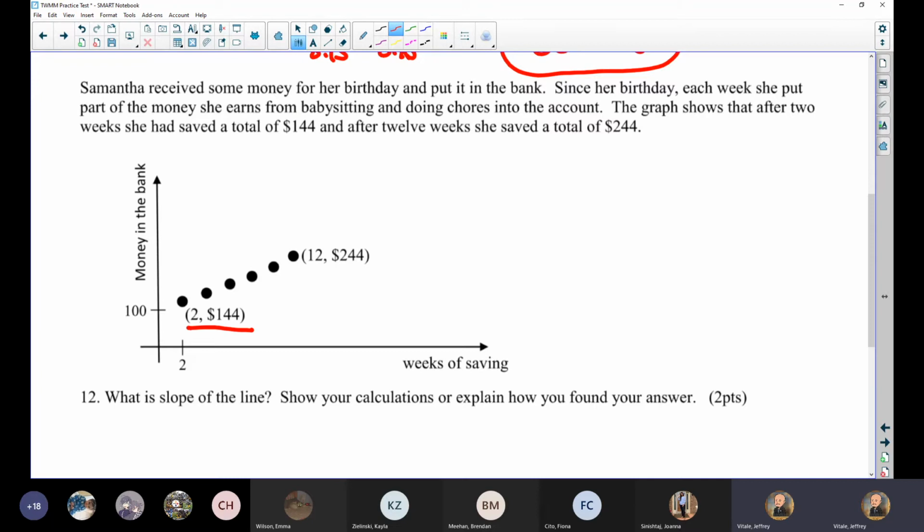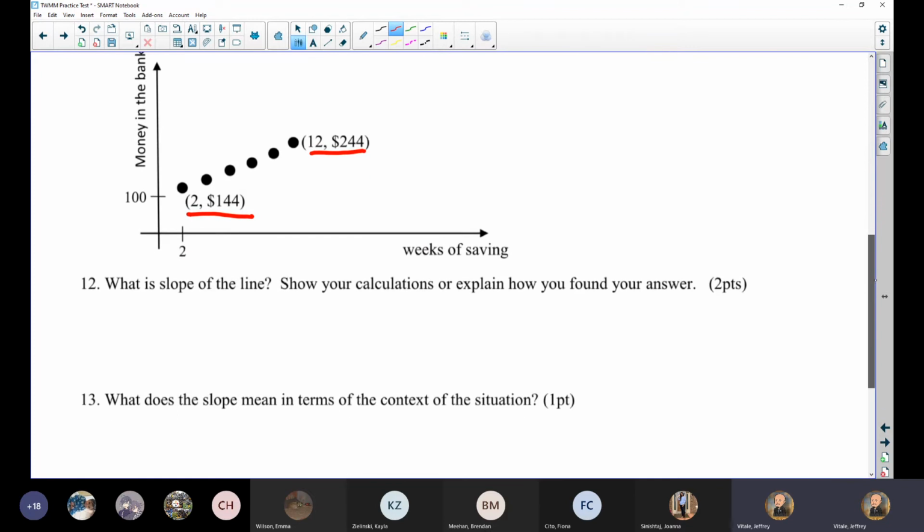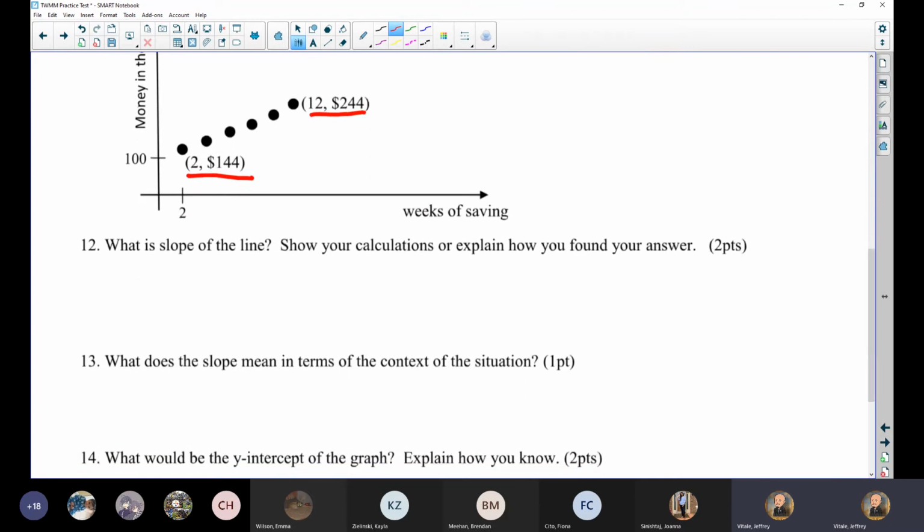That's this point here. And after 12 weeks, she saved a total of $244. So the first thing we got to do is find the slope of a line. Well, we got 2 points here, right? Because we really don't know the coordinates of these coordinates, right? So you really can't do rise over run here. I mean, I guess you could do it to the big ones, but let's just use our slope formula,